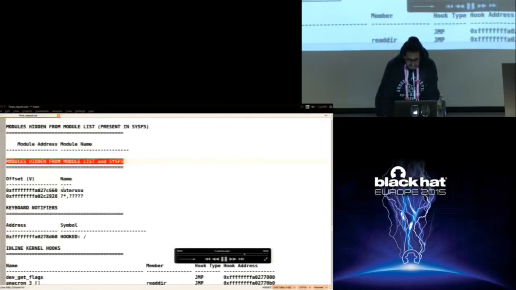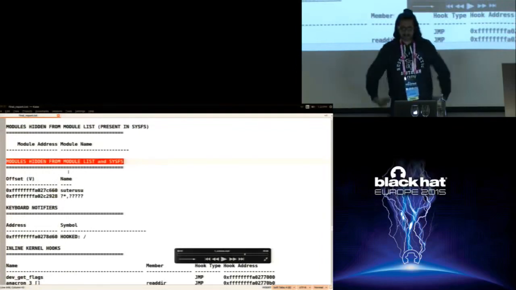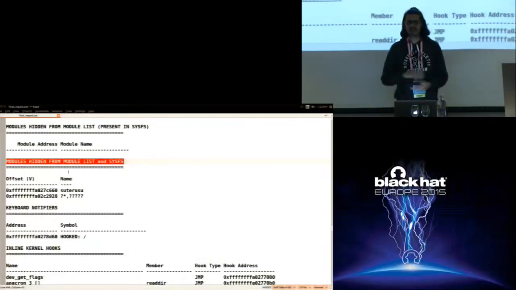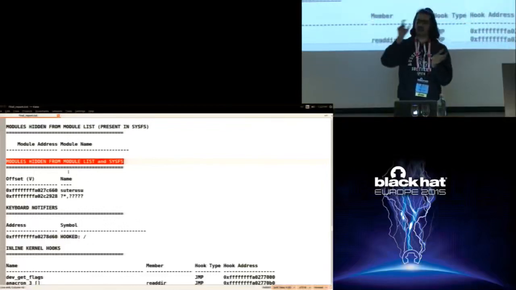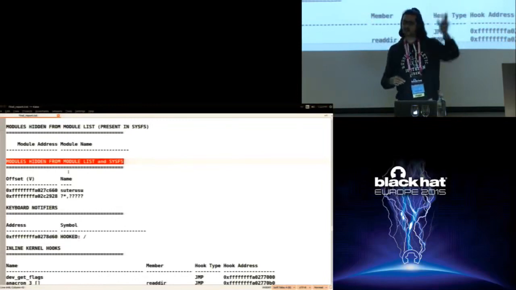So there is another method by which you can detect hidden modules. Volatility has a plugin. What it does is it extracts the kernel module from the memory, and then it compares with the module list and the sysfs list and reports if there is any discrepancy.